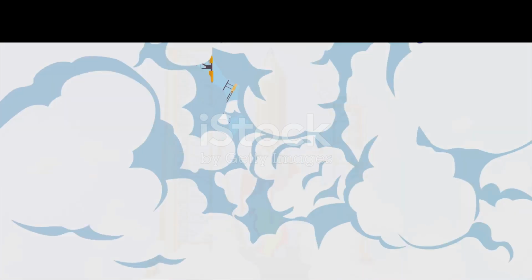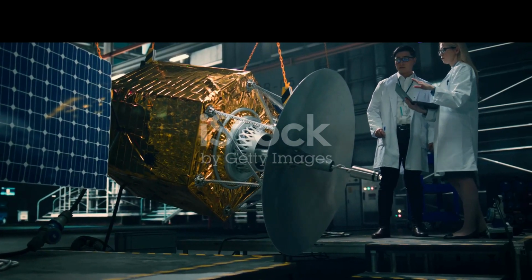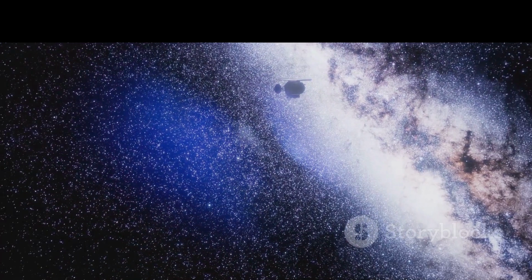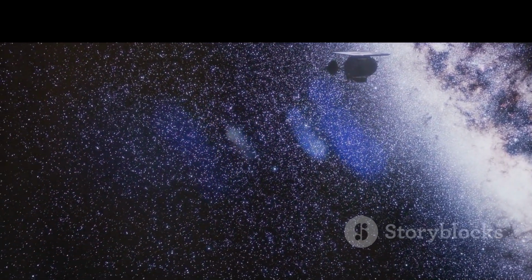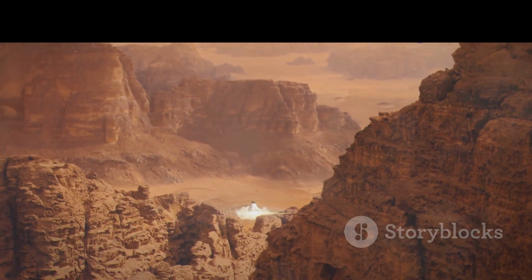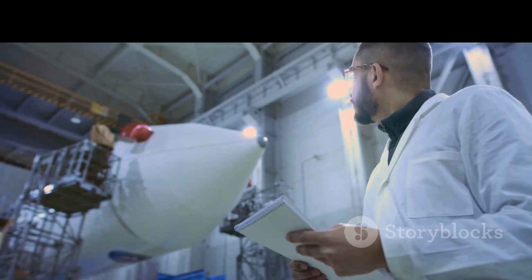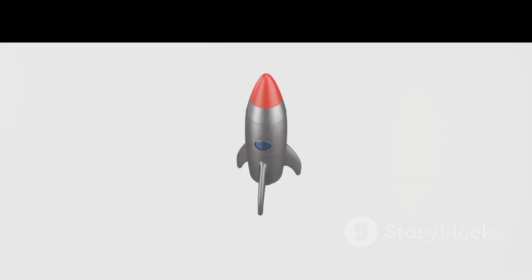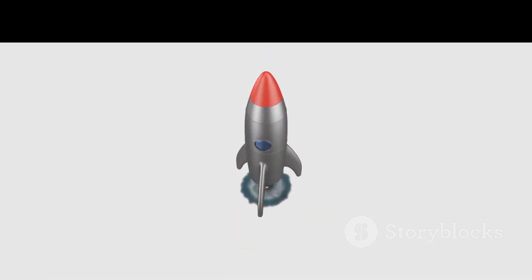Section 6. Rockets, the future of exploration. Rockets are not just about reaching for the stars. They are about expanding our understanding of the universe and our place in it. They allow us to study distant planets, observe the birth and death of stars, and unlock the secrets of the cosmos. As we continue to develop new technologies and push the boundaries of space exploration, rockets will continue to be